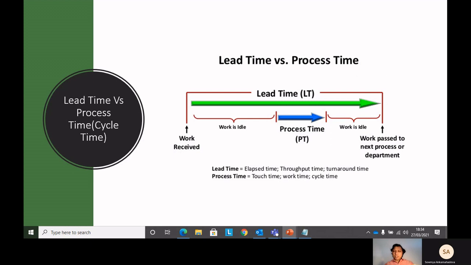So when something comes into your Kanban board and you pull it from to do to in progress, that is where your process time or cycle time starts. And always try to move your ready item to the done item as soon as possible. Basically they are going to calculate how much total cycle time you are taking versus the lead time. Lead time is the time when that particular item, product or service is in the hands of the end user, the client.